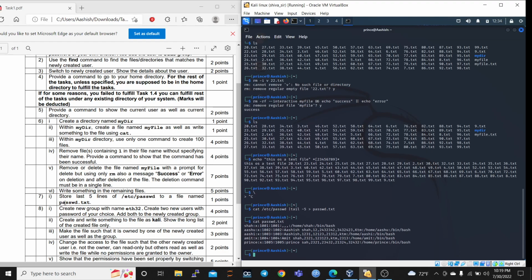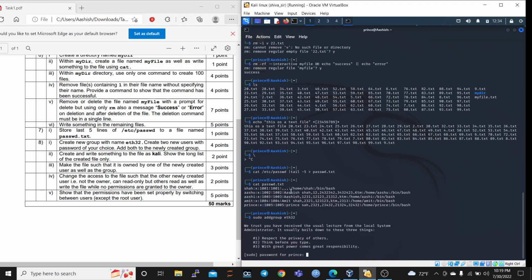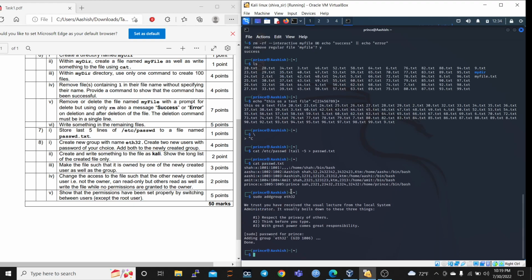Create a new group with name ethical32. Create 2 users with a password of your choice. Add both to the newly created group. Okay, so for this, sudo addgroup ethical32. Okay, so a new group named ethical32 has been added, and